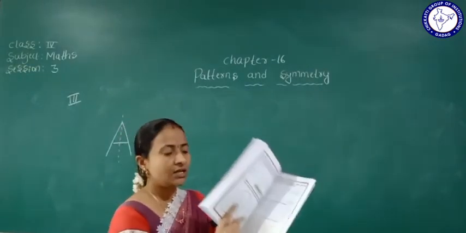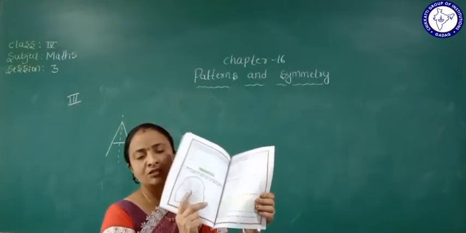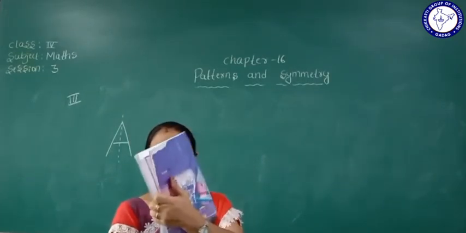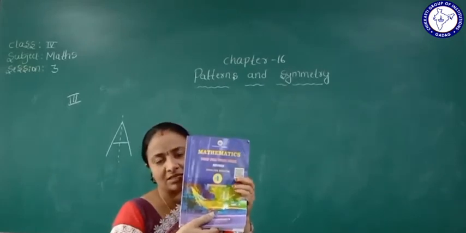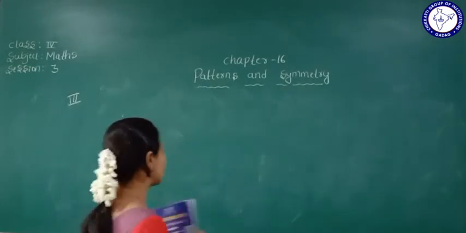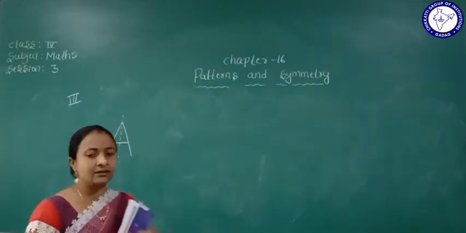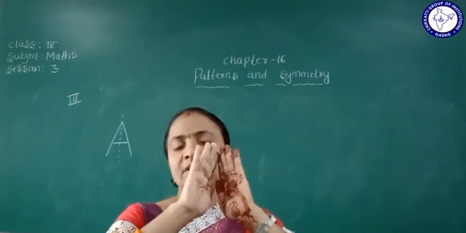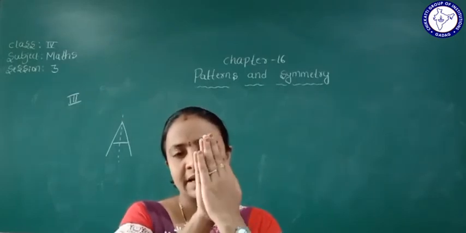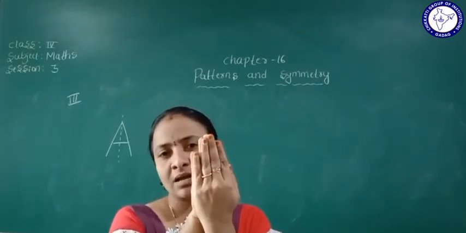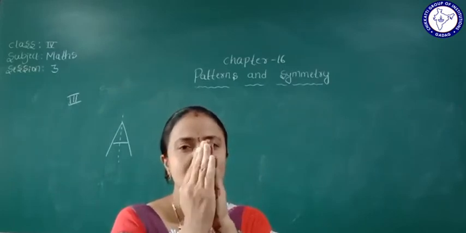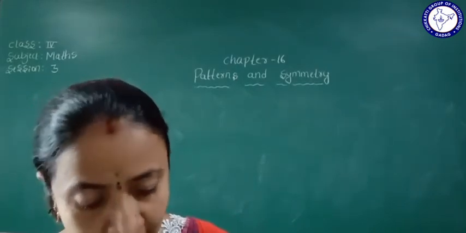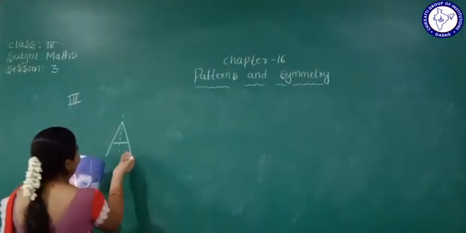Here see, if we fold this one, for example I'll show you, this is a textbook. So I'm dividing it in two here. If I fold this one, it will lie completely one above the other. See, one above the other, it means arranged one above the other. Yes, so if we open it, this is called a symmetry. So if it is folded one above the other, both will exactly match. Yes, looking as one, so it can be opened.